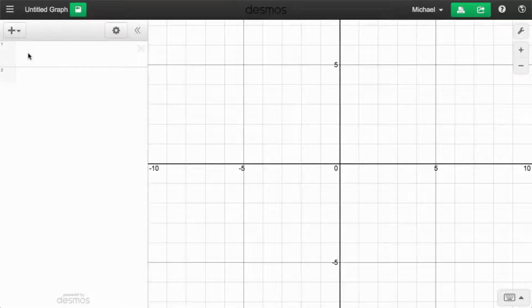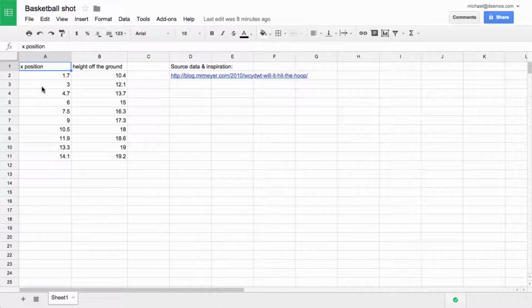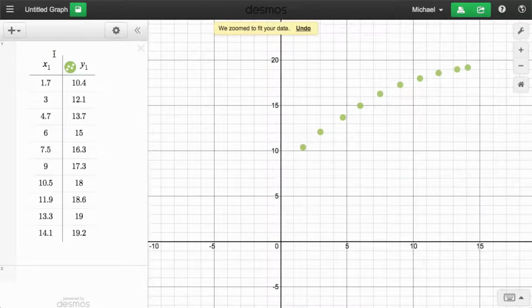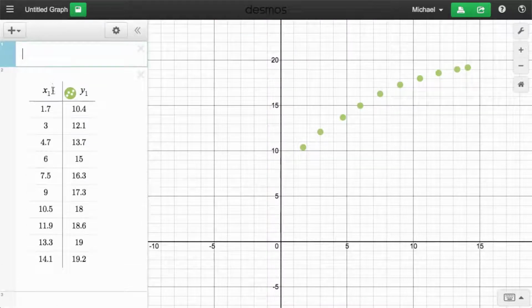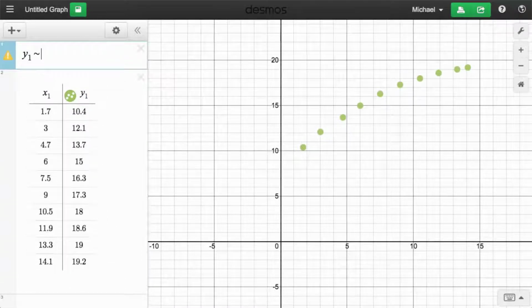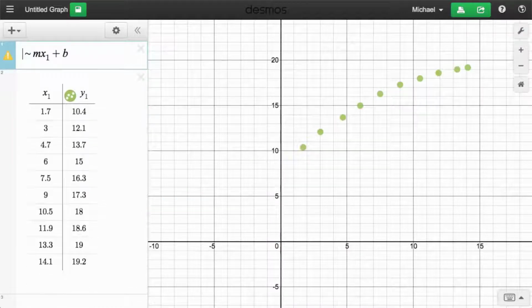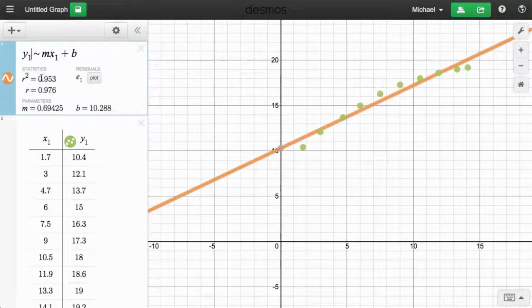Welcome to a quick video tutorial on using regressions in Desmos. Before we start creating a regression, we'll need some data. You can copy-paste data from Excel or a Google spreadsheet like this. Desmos even automatically adjusts the window to fit your data. Let's see how well a linear regression will fit. Our columns are x1 and y1, so we'll try y1 regressed against mx1 plus b. The tilde means regressed against. And to get the subscript, just type y and then 1. I think we can find a better